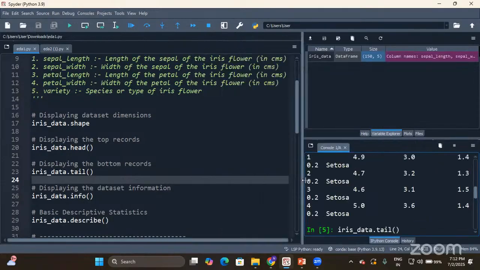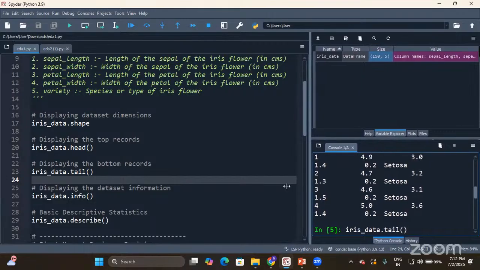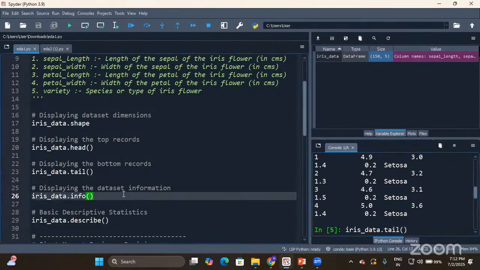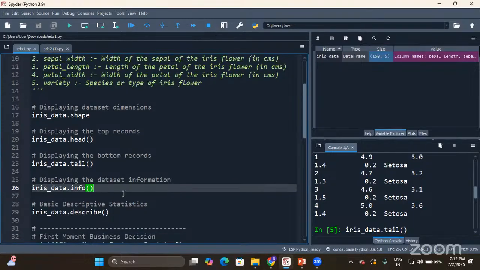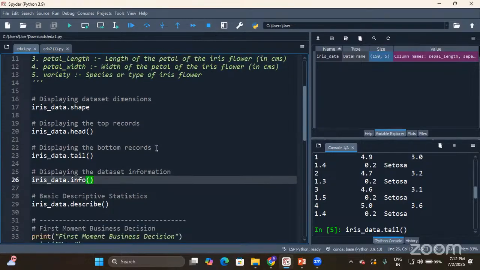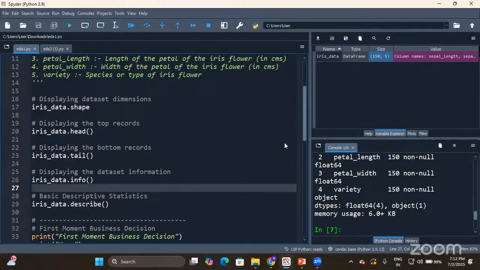Info function will return us the complete information about the data set. It is going to return the number of columns, the column names, the non-null count, and the data type.